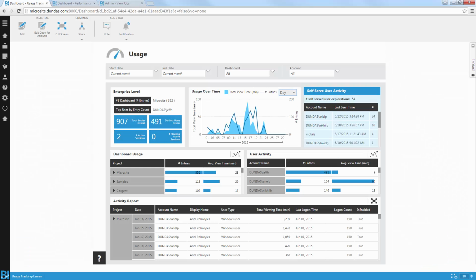Here is the usage tracking dashboard we've built on top of the new table we have in our application database that collects information about the usage of the different dashboards. So every time a user logs into the dashboard application or to a certain report or scorecard, we actually track that, record that in the database, and then that can be used to display information.